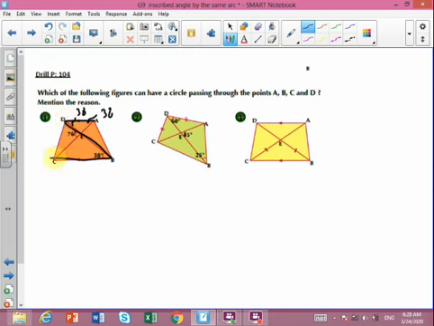Since DAC and DBC, sorry, equal 38, and they have the same base DC and on one side of it, so there will be one circle passing through them. Another one will say, Miss, I can get it by the supplementary angle. Yes, you can get 180 minus 76 to get this angle, and then by the interior angles of that triangle you will find it. This one will be 104, then 180 minus 104 plus 38, it will give you also 38. The next one,